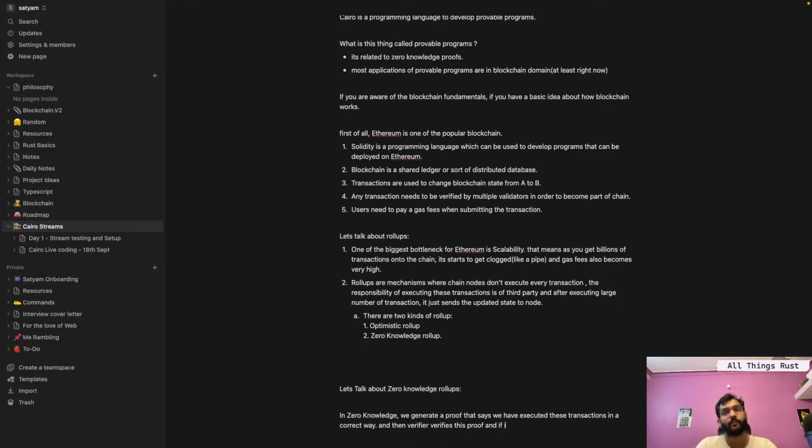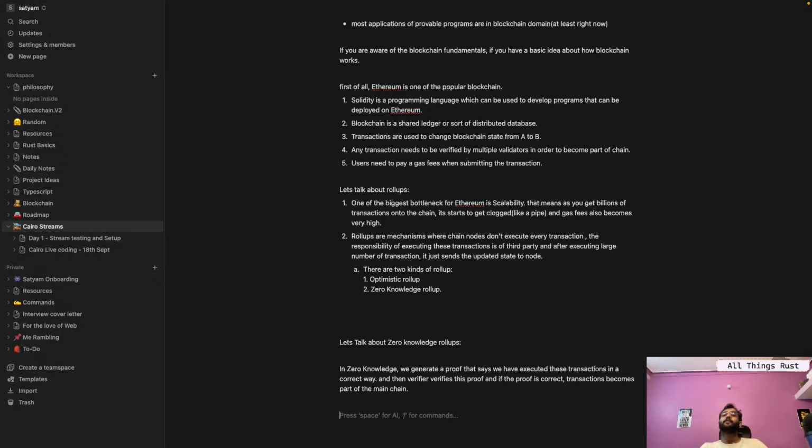If the proof is correct, the transactions become part of the main chain.